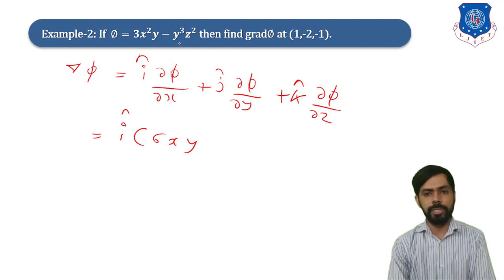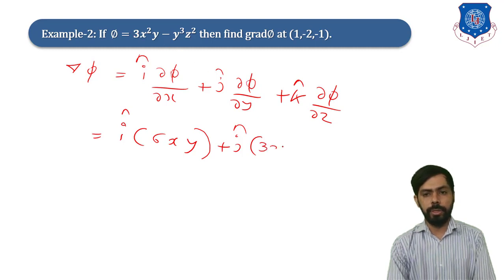So y and z are constant, so the derivative of this term will be 0, so no need to write down that term. Plus j, now del phi by del y. That means partial differentiation of phi with respect to y. So here 3x square will be as it is, and the derivative of y with respect to y will be 1, then minus the derivative of y cube will be 3y square, clear, and z square will be as it is,